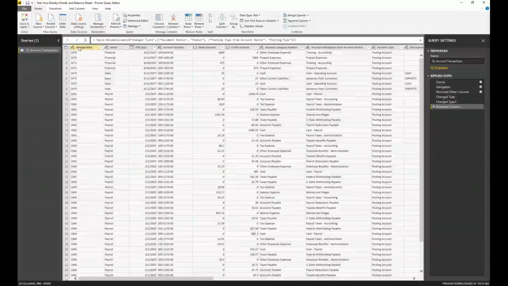Journal entry is one of the columns I kept. Out of the box, it comes over as a numerical value. I don't want it to act like a number. I want it to act like a string. So I changed it to text. So I go through all of these line by line and do all of them. Let's see, account description from master file. I don't want account description from account master, just like that posting type.